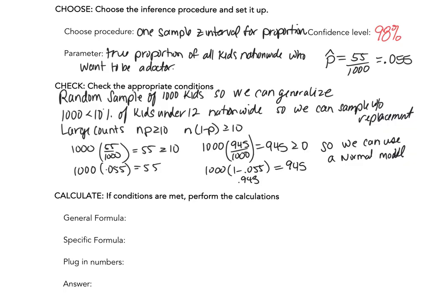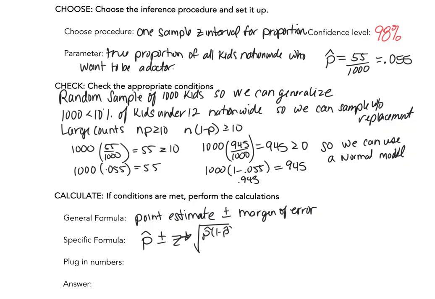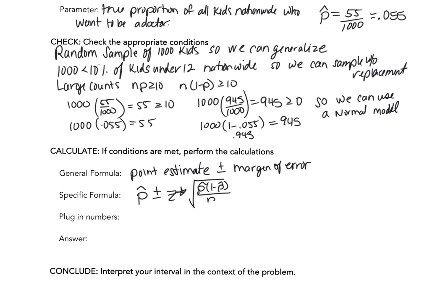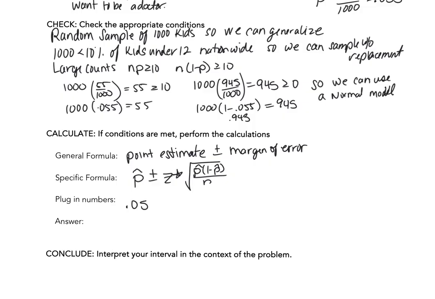The general formula for a confidence interval is the point estimate plus or minus the margin of error. In this case, our point estimate is our p hat, plus or minus our z star. The margin of error is the critical value times the standard deviation. The critical value is z star. The standard deviation is the square root of p hat times 1 minus p hat over n. And so when I plug in my numbers, I get 0.055 plus or minus. Well, your z stars